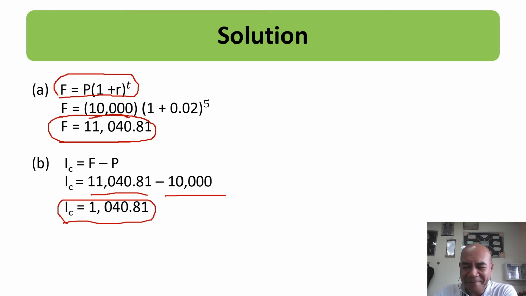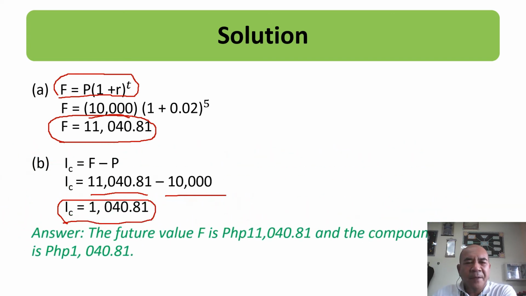1,040.81. Okay? So if you have any problem, just comment below and I will try my best to answer all your questions. So the future value is 11,040.81 and the compound interest is